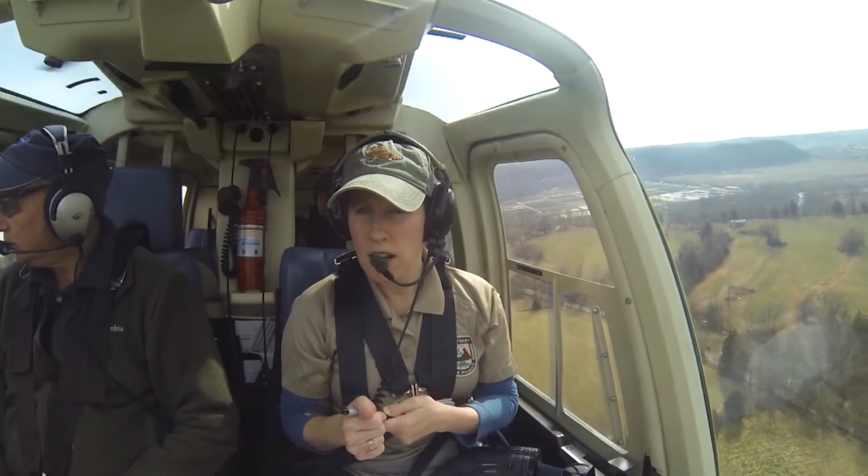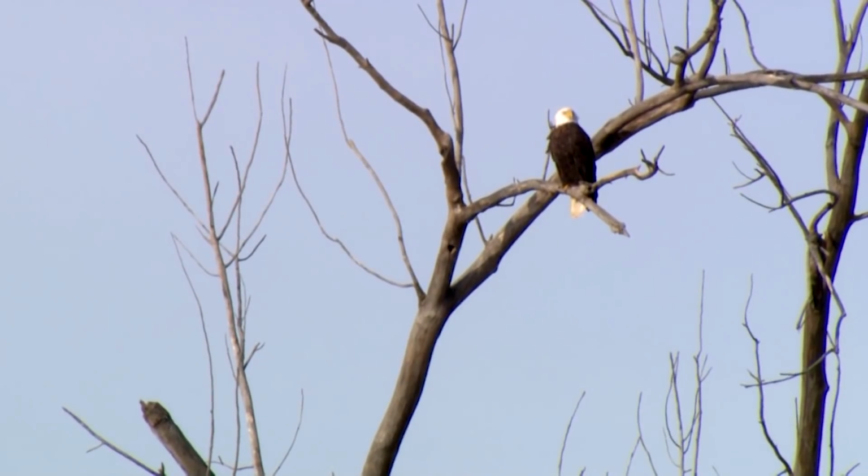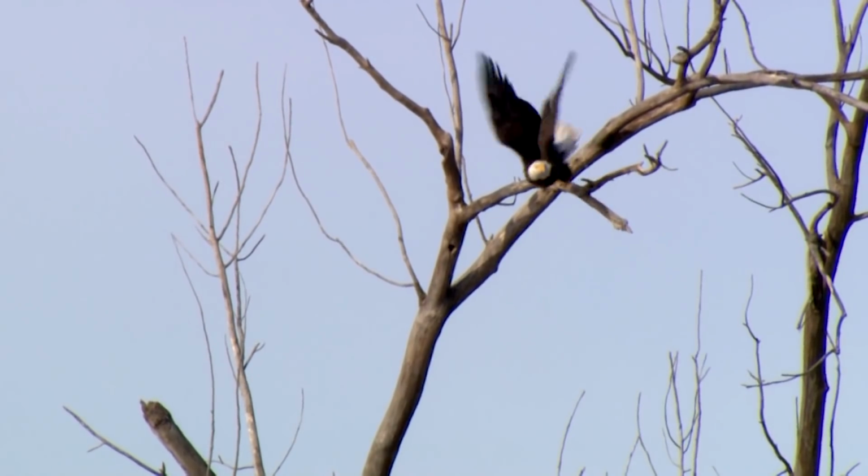We mark them from the helicopter so we can get exact coordinates. But if you see a bald eagle, don't necessarily need to call the department anymore. Right. There's enough bald eagles that you get calls every day, I'm guessing, saying, hey, saw a bald eagle. Yeah, we have the fortunate problem where there's just too many birds to keep track of anymore, and so we do not keep track of just where an eagle is seen, and we really only need to be called if